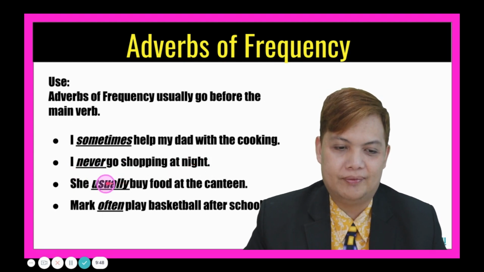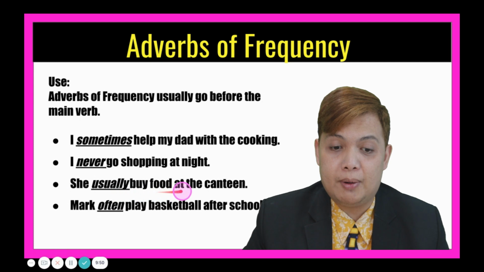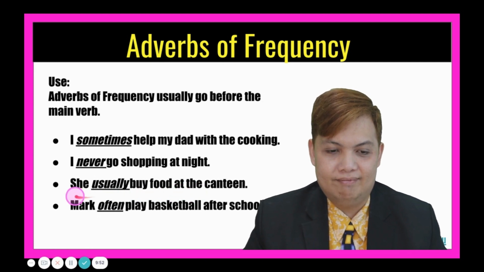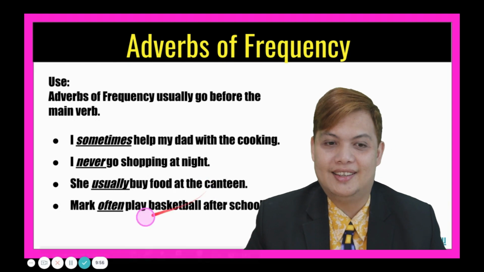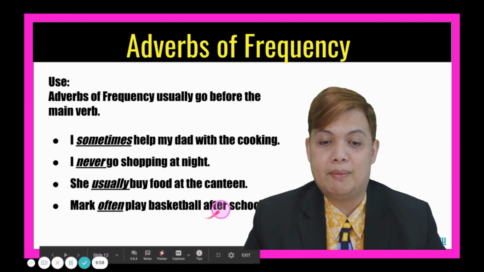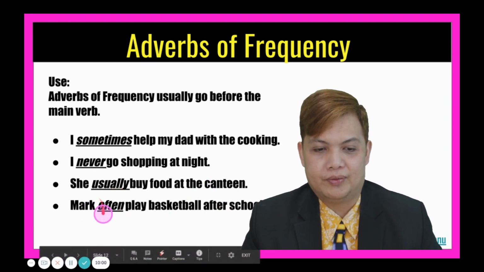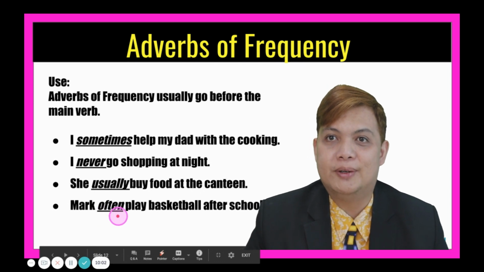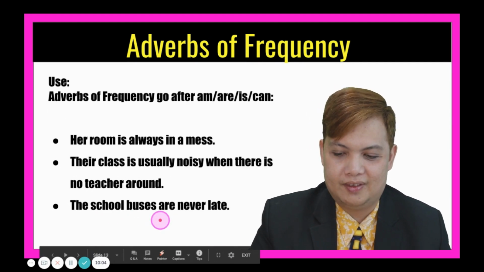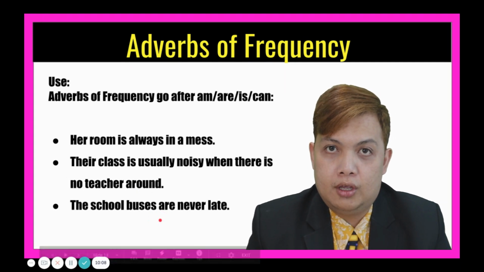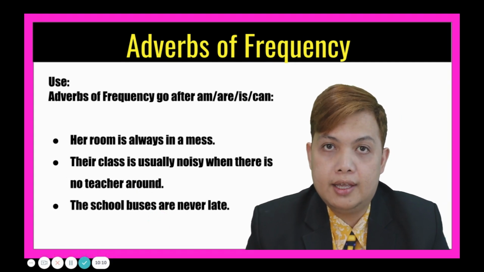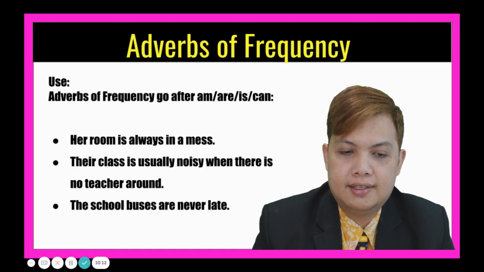Very good. Next, she usually buys food at the canteen. She usually buys food at the canteen. Next, Mark often plays basketball after school. Mark often plays basketball after school. Alright, so adverbs of frequency go after am, are, is, or can in the sentence, like the